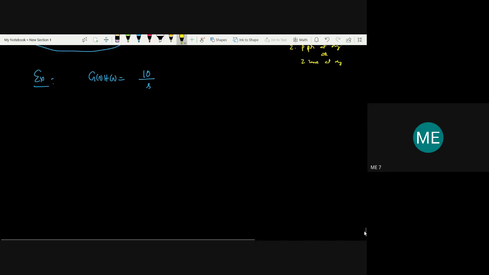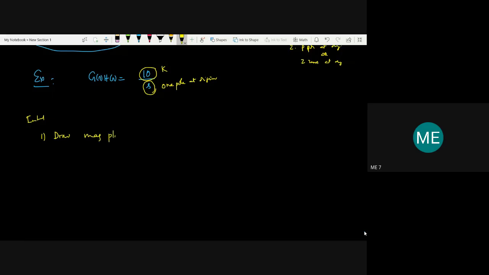So 10 by S. Here there are two factors. One is K, and one more factor is one pole at origin. So when I'm trying to draw the initial Bode plot, the procedure is, first we need to draw the